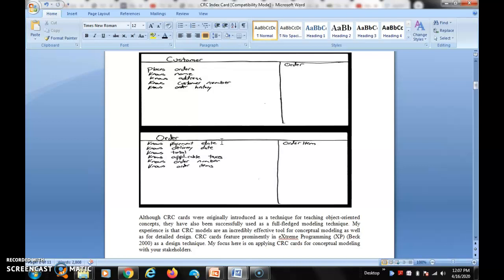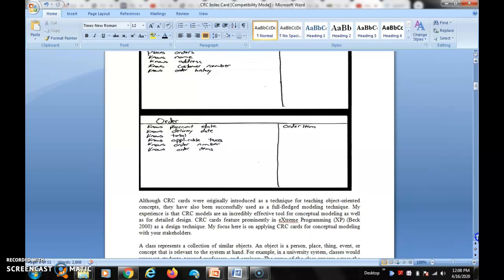They will give the item to your place, your address, and the total items you ordered, with applicable days, order number, and order items. All of these are in the order class. Place date, delivery date, total and order number are responsibilities, and order item is the collaboration. This is the simple way to make the online purchasing CRC card.